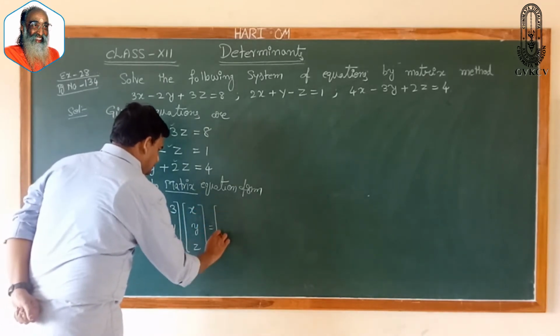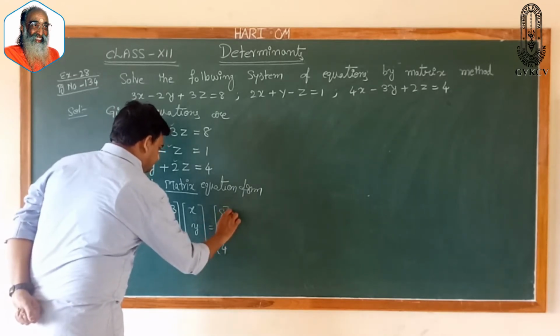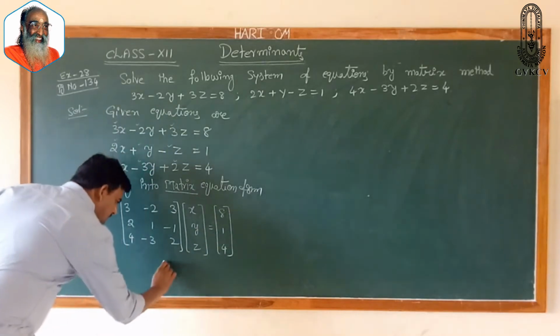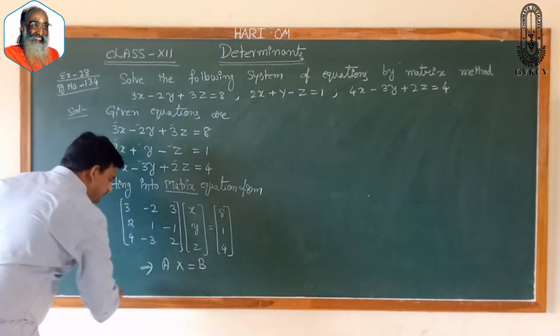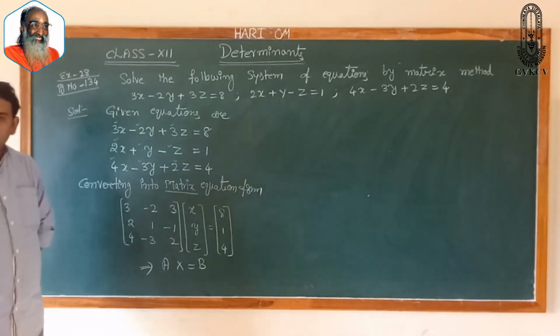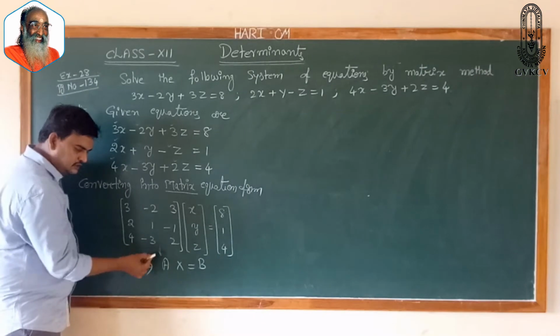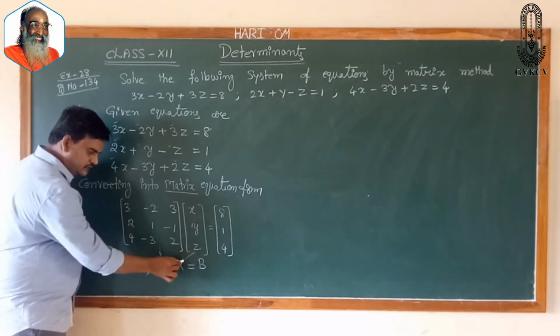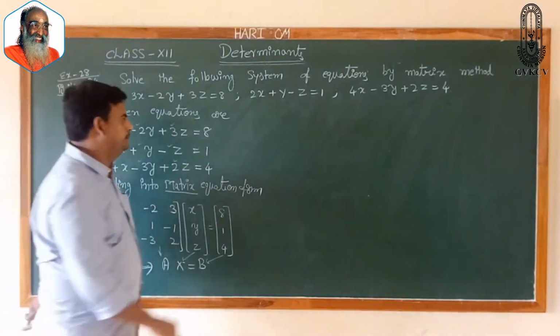And the constants we have are 8, 1, 4. So it is in the form of AX is equal to B. Here the coefficient matrix we consider as A, the variable matrix as X, and the constant matrix as B,